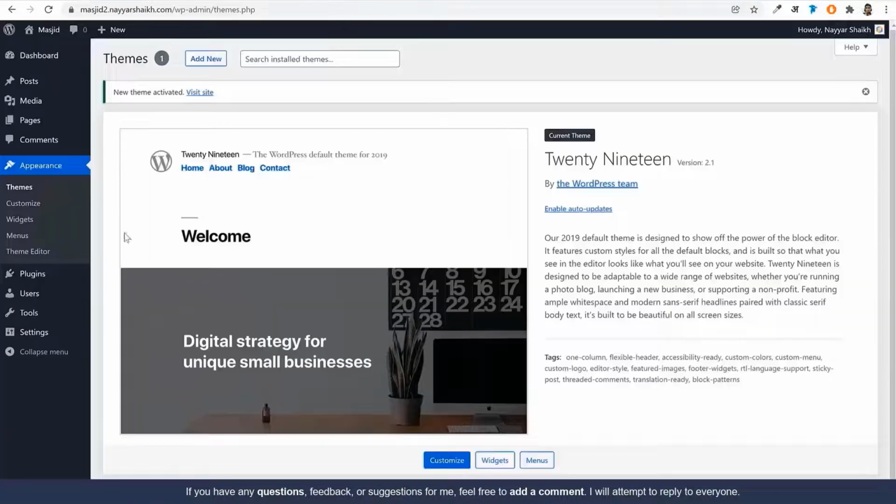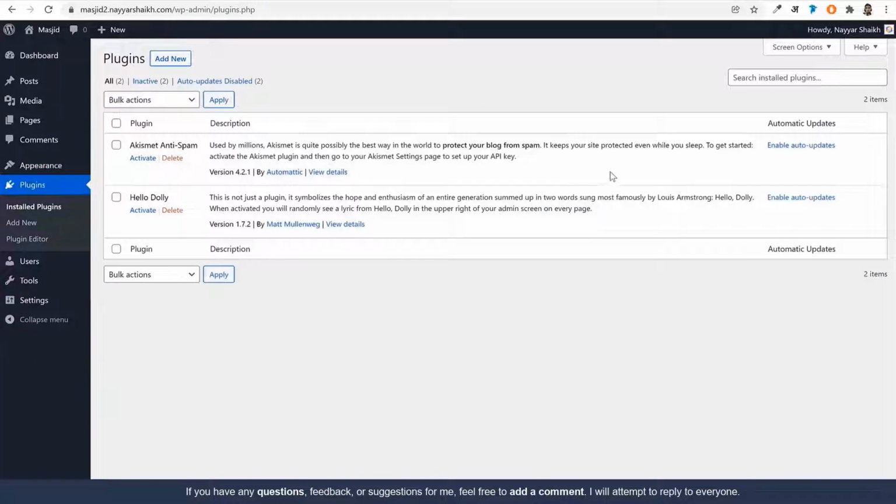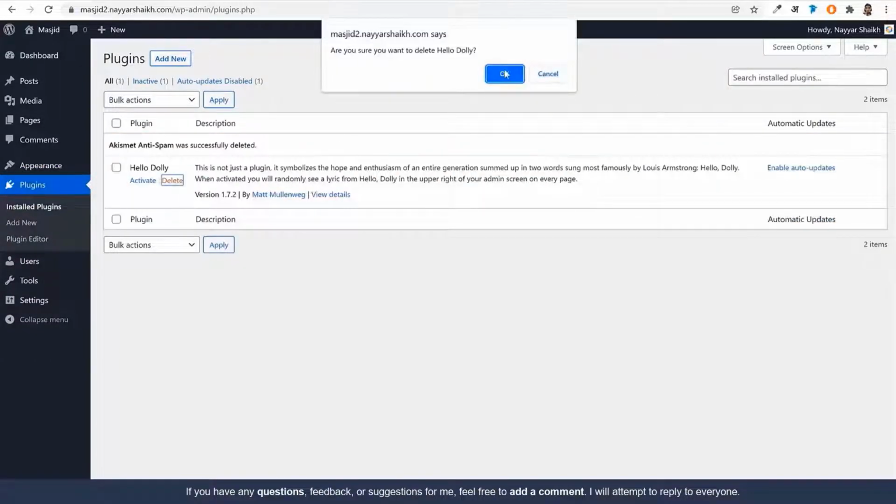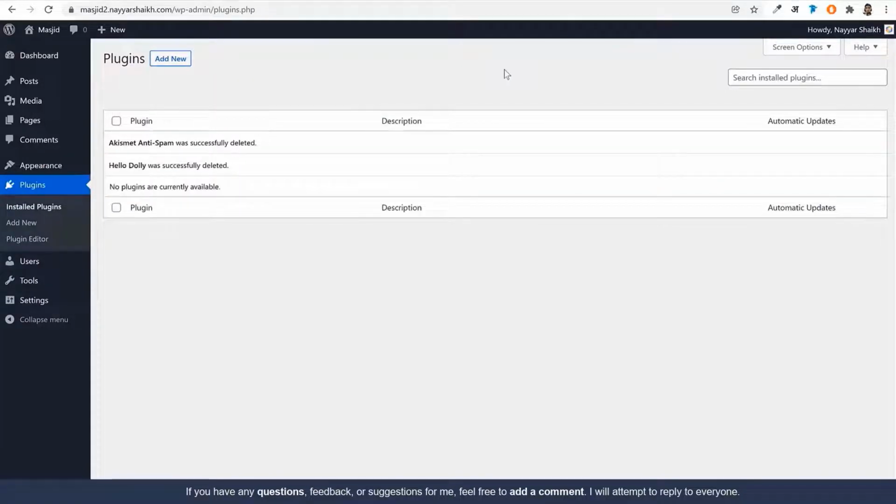Now after that, we have the plugins option. Click on that. Here also you'll see a few plugins automatically installed for you. You can go ahead and delete them. We have just seen that a theme is the design of the website, and now what is a plugin? A plugin is basically a kind of software or an add-on that adds extra features and functionalities to your WordPress